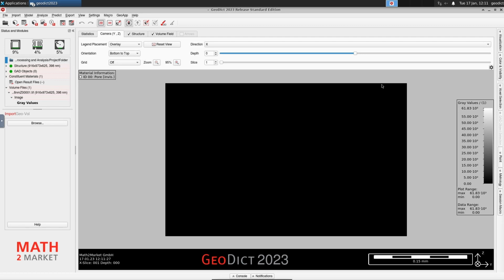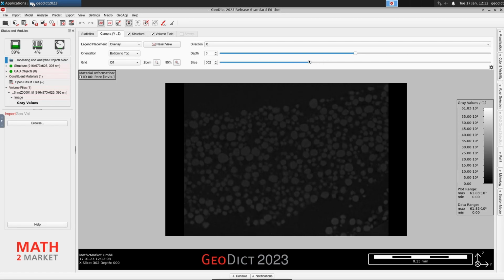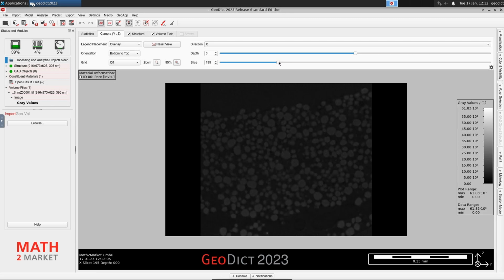At first it's only black, and that's because we're in the 2D view and we see the first slice in the X direction of our structure. And around the structure there's just some empty space, and this is shown in black. To look deeper into the structure, you can, for example, use the slider here for the slice, to slice through the structure. Now you see that there is a lot more interesting stuff going on inside of the structure. But you will directly recognize that the contrast is not very good. Everything is very dark here.